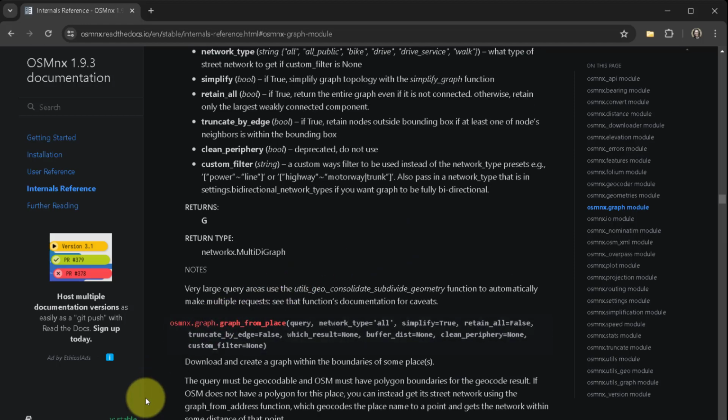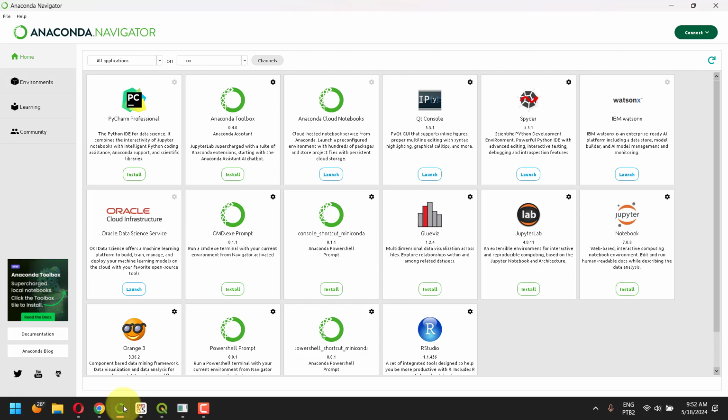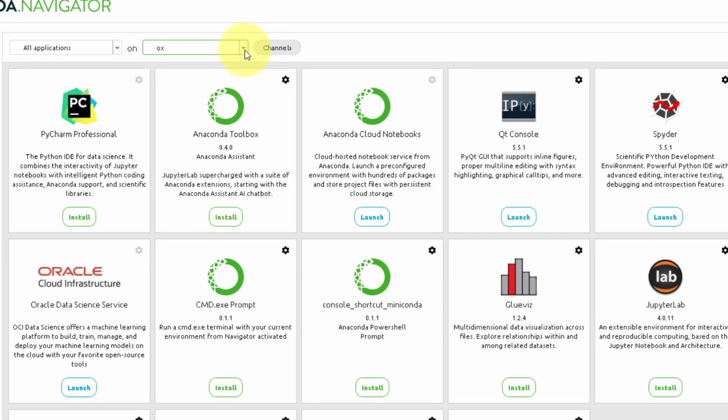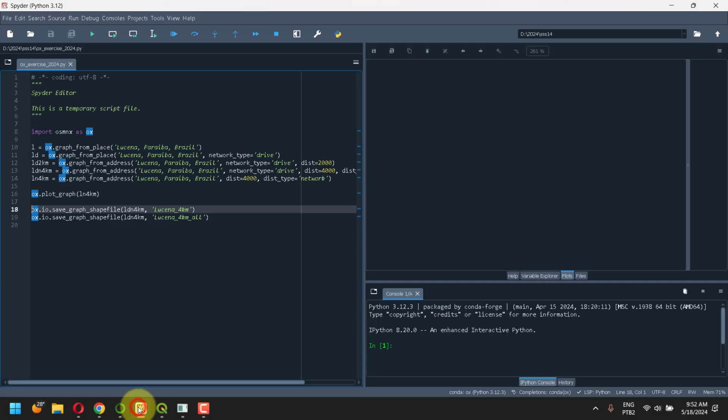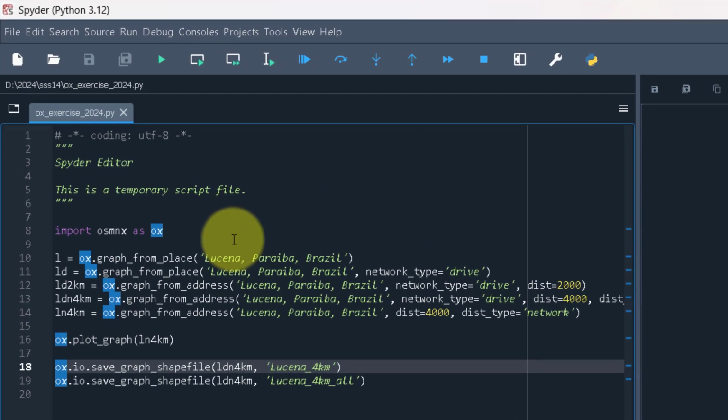So first I can check in my Anaconda. If you have Windows as I do, I'd have to have installed the OSMnx environment, and after installing it, it's going to appear here, and I have it checked here. I've launched Spyder through here in this environment. I've already opened it here, and I have a few things written down for this exercise to download OSM data via